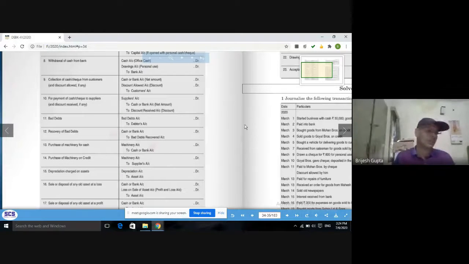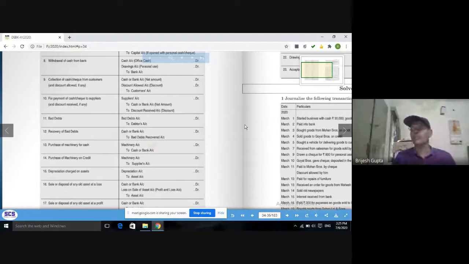Right? Now write the entry for sales of goods. But before that, write entry for purchase return. Right? Purchase return. Entry for purchase return of goods. Purchase return is just opposite of purchase. So when we purchase and because of some reason we return the goods to the supplier, maybe the goods are defective or goods are not as per our order, right? So we return some of the goods to the supplier. That is called purchase return.